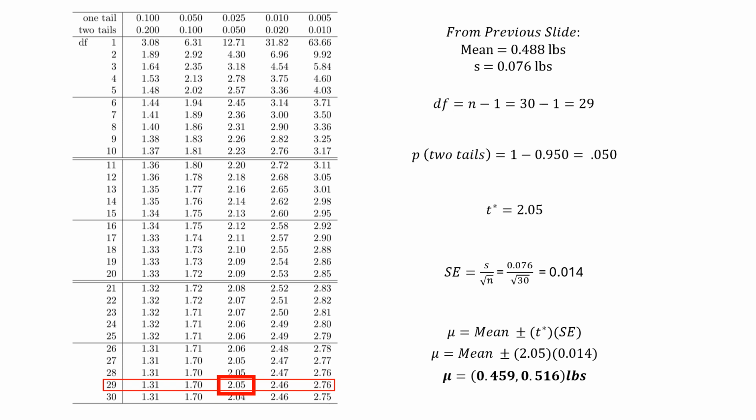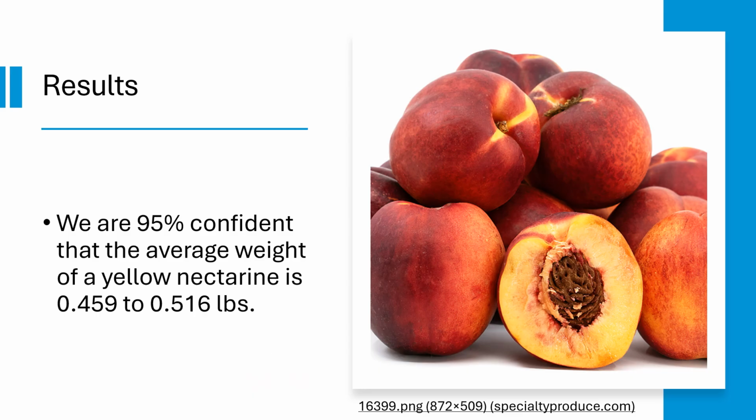And because we're going to have two tails because of our confidence interval, we can find that our t-star is 2.05. We can also gather our standard error, which is going to be 0.014, and find our confidence interval, which is going to be from 0.459 to 0.516 pounds. We can now say that we are 95% confident that the average weight of a yellow nectarine is between 0.459